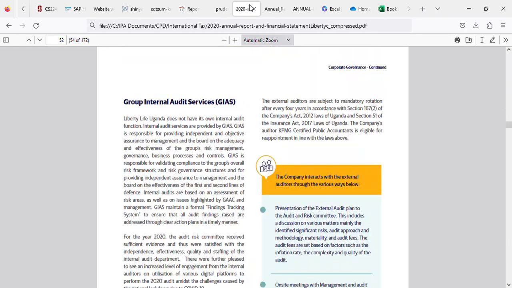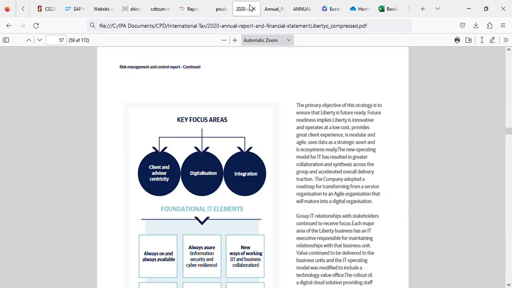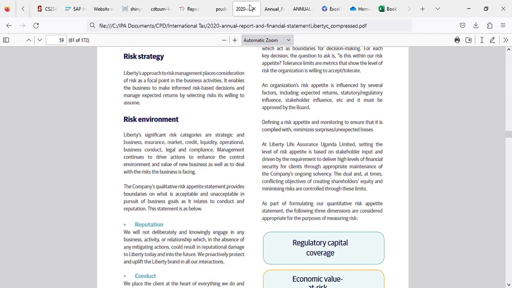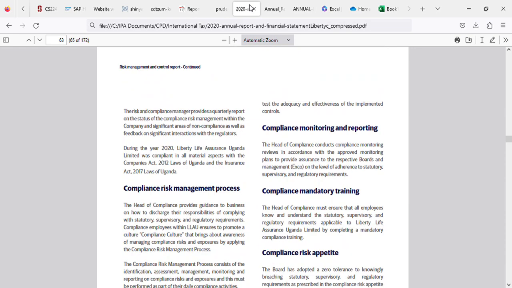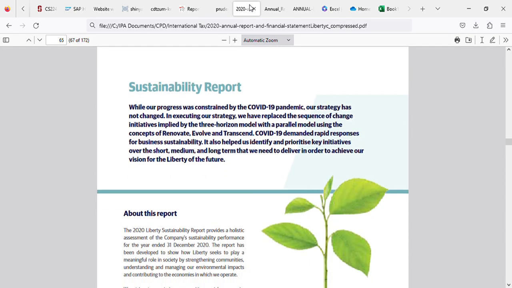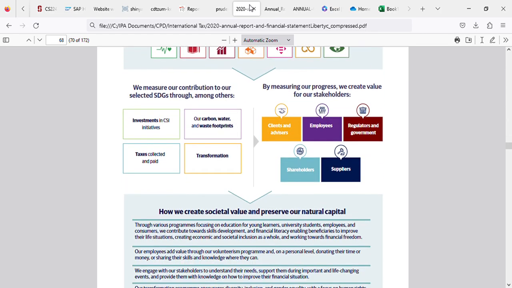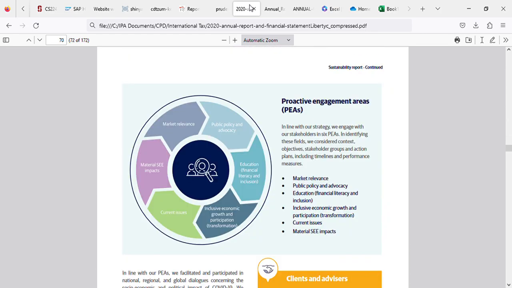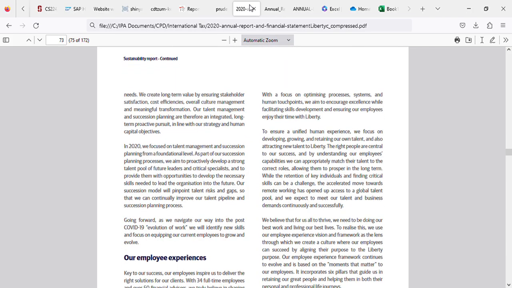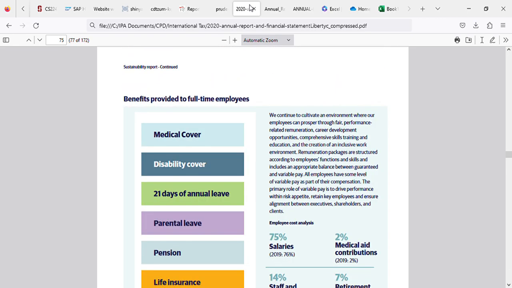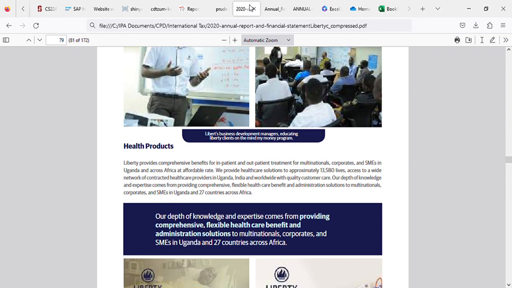So you'll have to go through all this information as you go back and check to see whether, okay, they have complied with this. And it takes a lot of time and it can be tedious. You can take some good time looking at all the 173 pages going through this. And you can see all the enabling investments went up, their taxes went down, their good aggressive tax planning, their planning to go and look at other markets, their employee experiences, their employee workforce has grown, but doing well, their